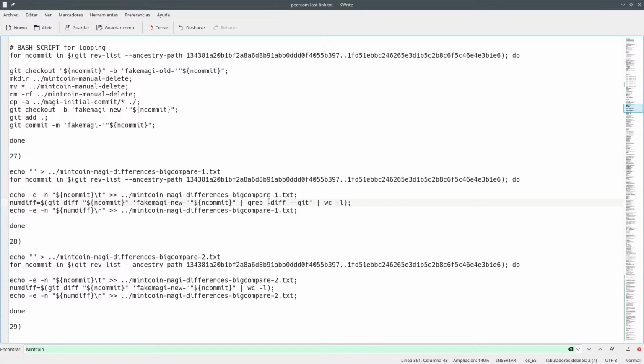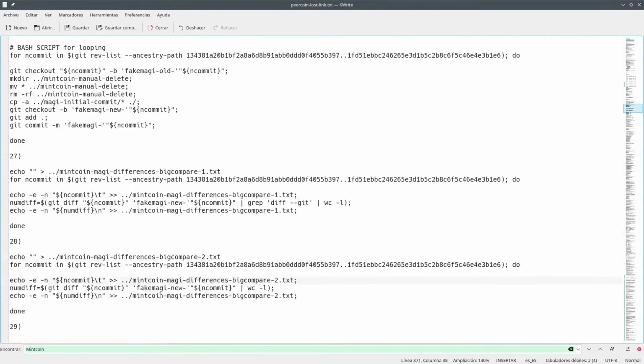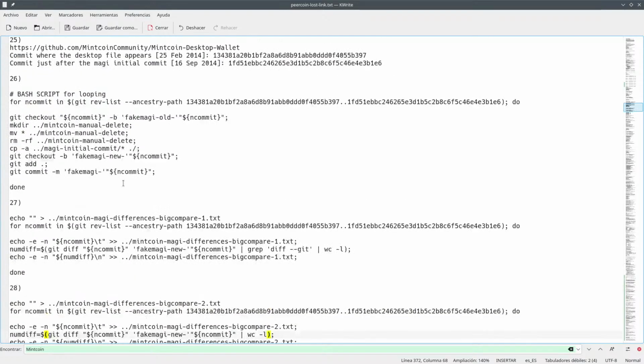Diff git. Yeah, one of them is about files and the other one is about text, isn't it? So this one is about the number of files being changed, and this one is about the number of lines being changed. So we want both of them. And so what you do here is something like